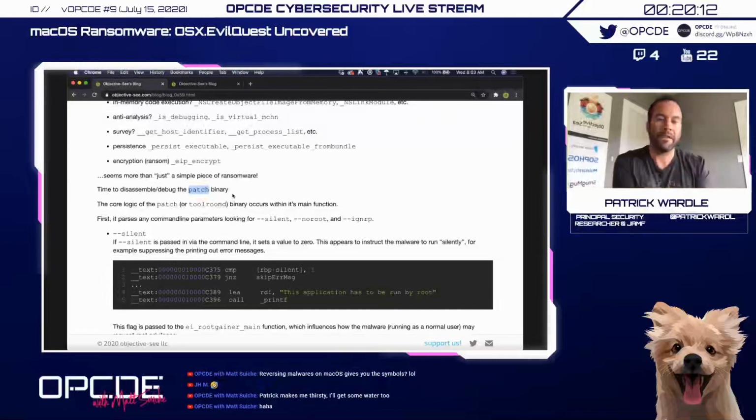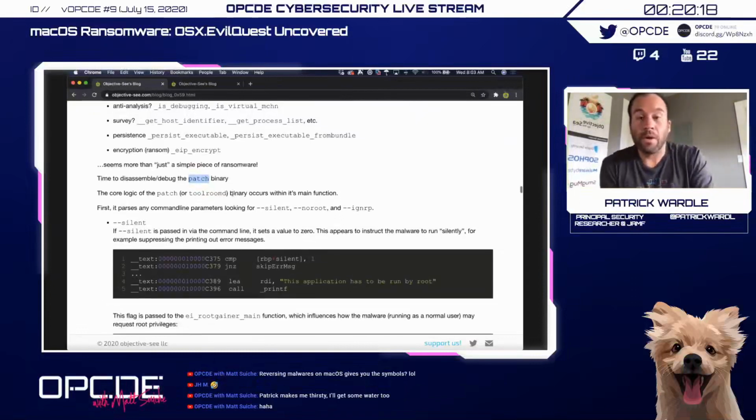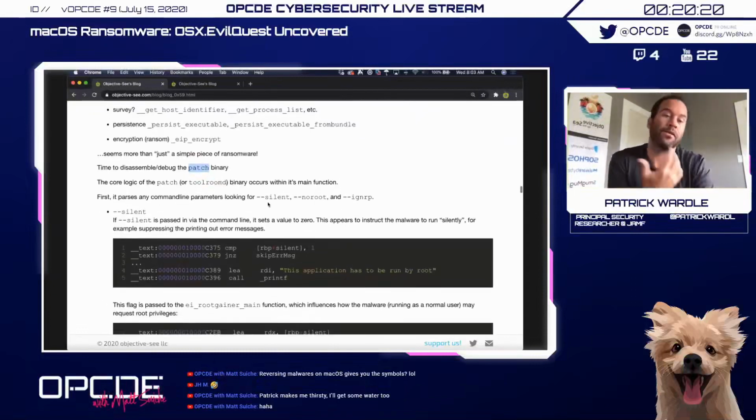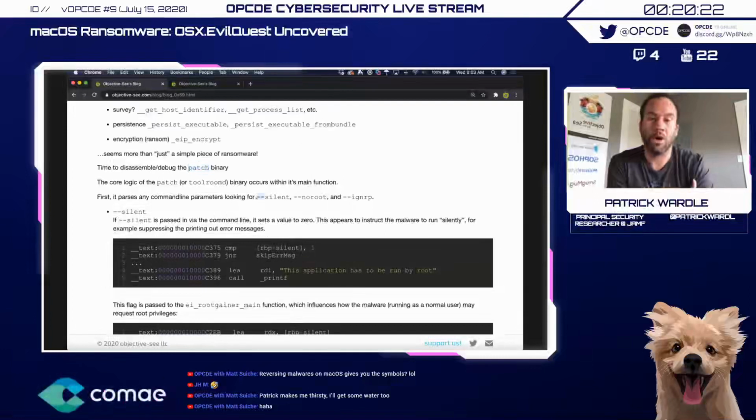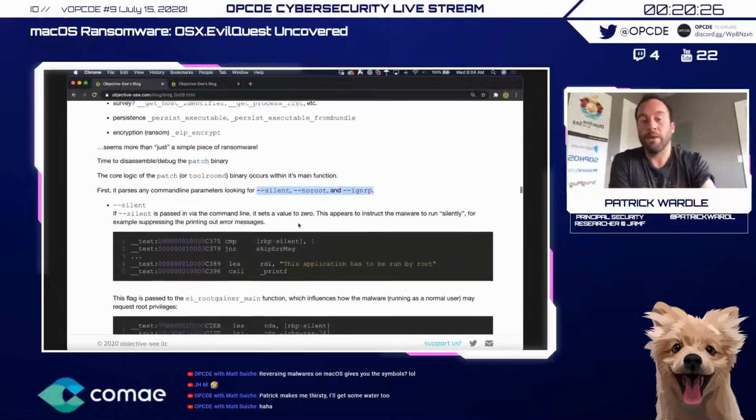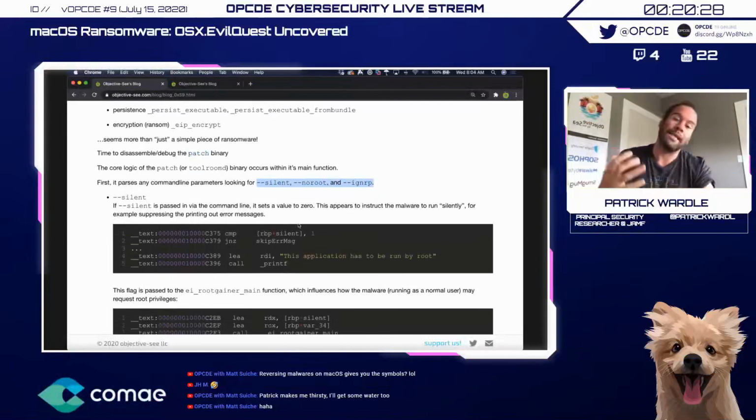We're going to start at the main function and kick through and look at what the malware does when it's executed. So the first thing it does is it looks for some command line arguments. And recall we saw these in the output of the strings command. So we can look at code in the disassembler to see what each of these command line parameters mean. The first one is --silent,